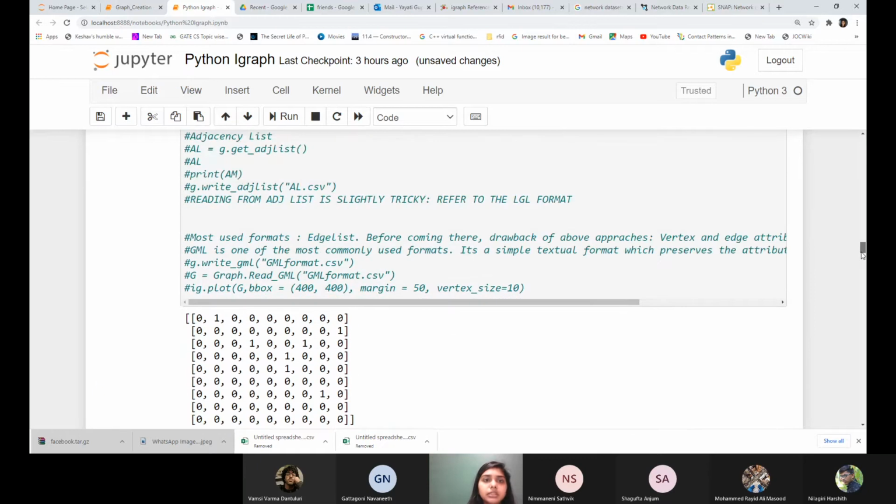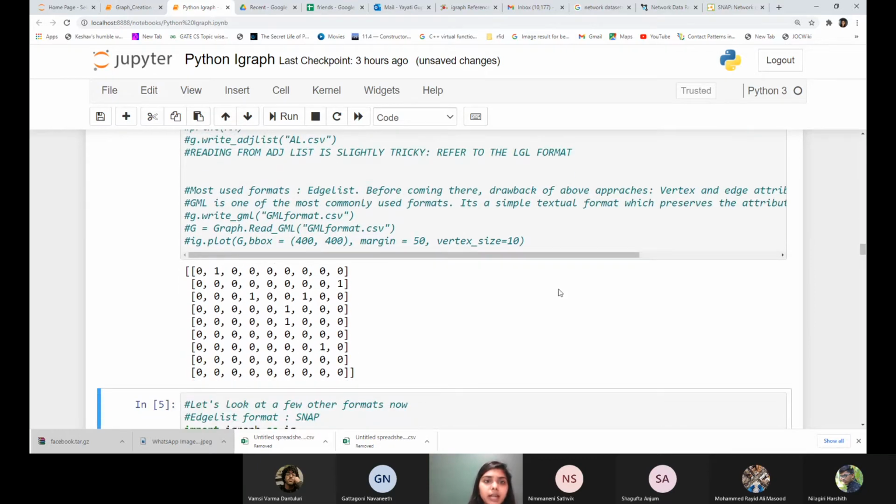Yes, so you see this here. This is the adjacency matrix representation of this graph. And again, you can see here, although it is a small graph, there are still a very large number of zeros as compared to ones. So we call such adjacency matrices or such graphs sparse graphs or sparse matrices, which have a large number